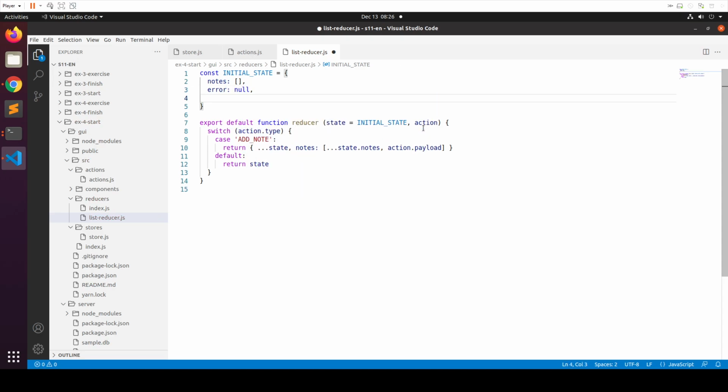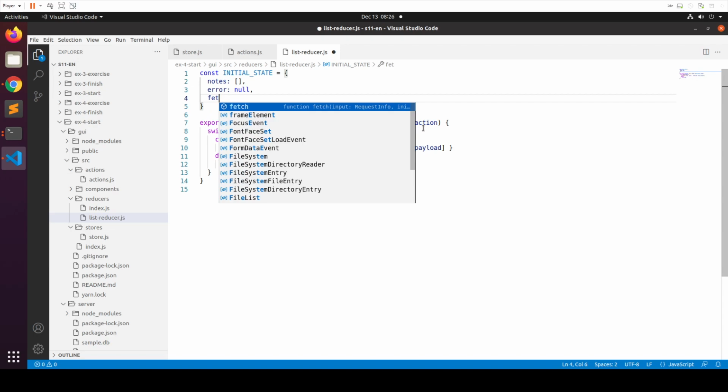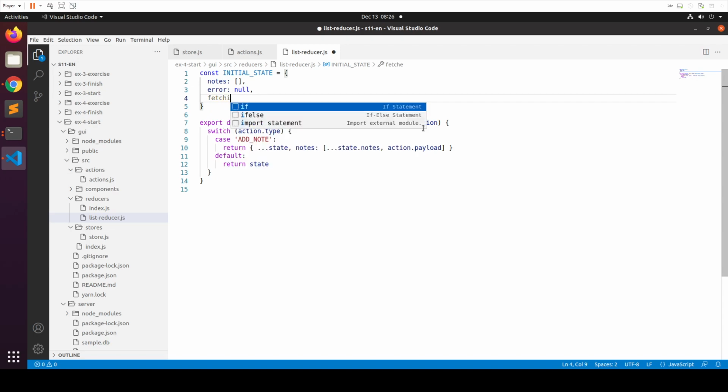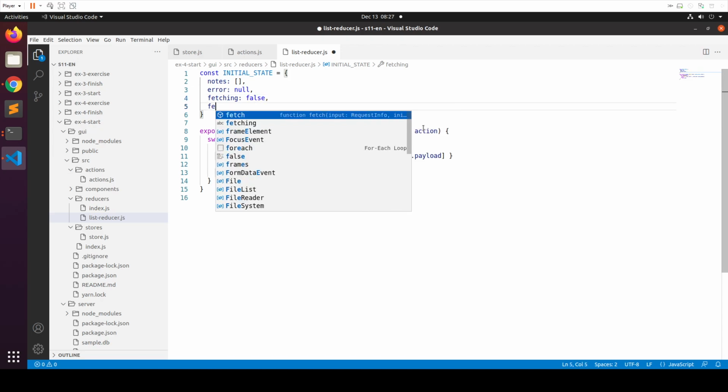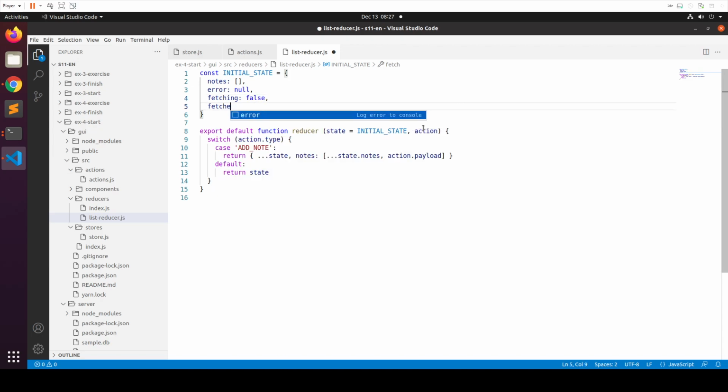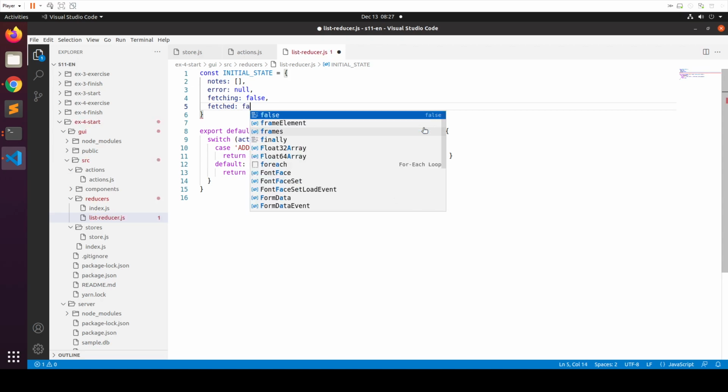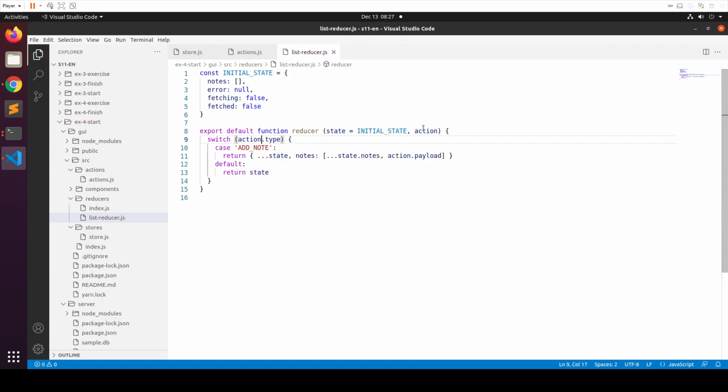Obviously, there's no error initially. Then the promise might be pending, so fetching, and this starts with false, and fetched. Have we previously managed to get data from the server? This is also false. Now, the action types we have to react to are actually dynamic in the sense that